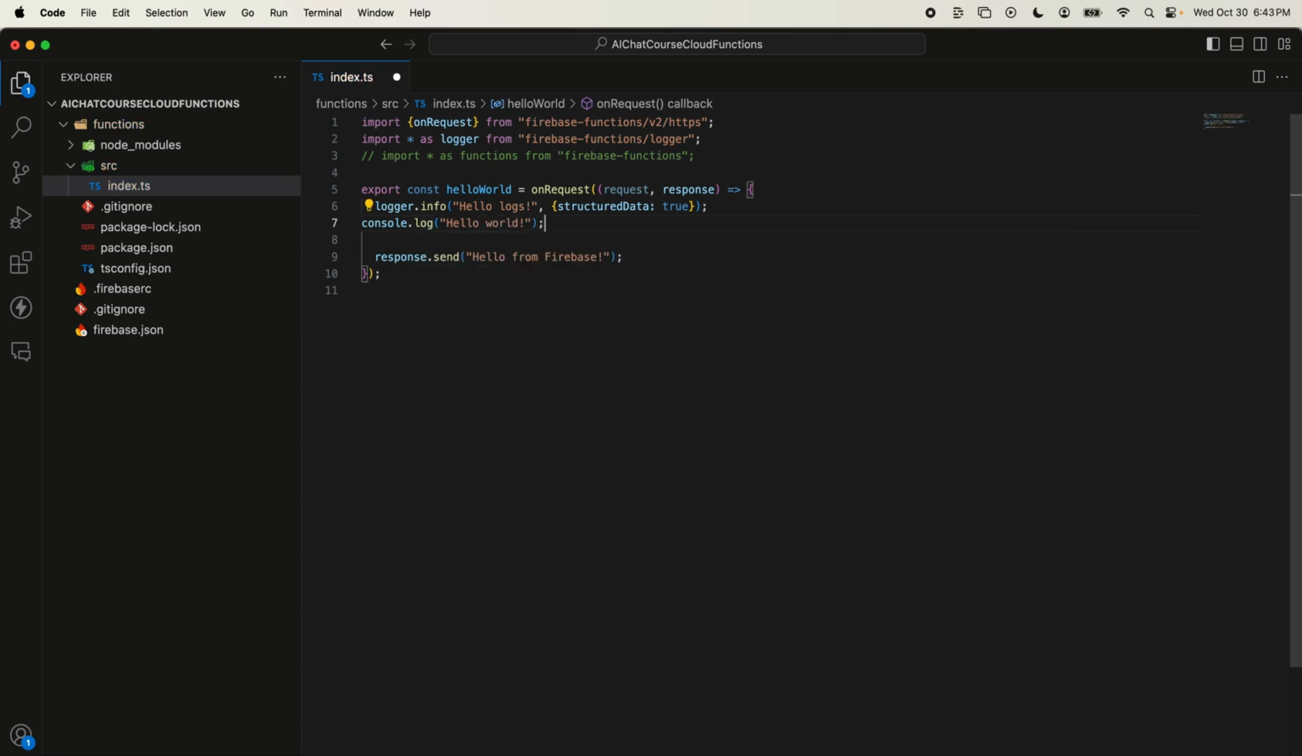And we need to add a semicolon at the end of each line in TypeScript. Both of these should work. This is the Firebase logger, which is probably a little bit better for our purposes. Structured data, I think, is always maybe true, so we don't need to include that. Just as some examples, let's change the name of this function. We're going to make this called